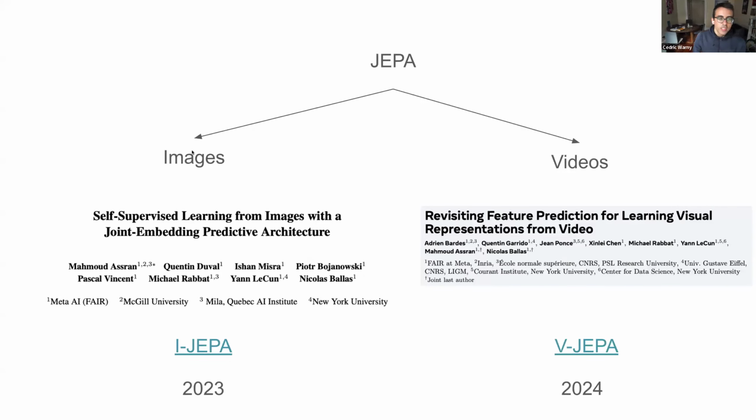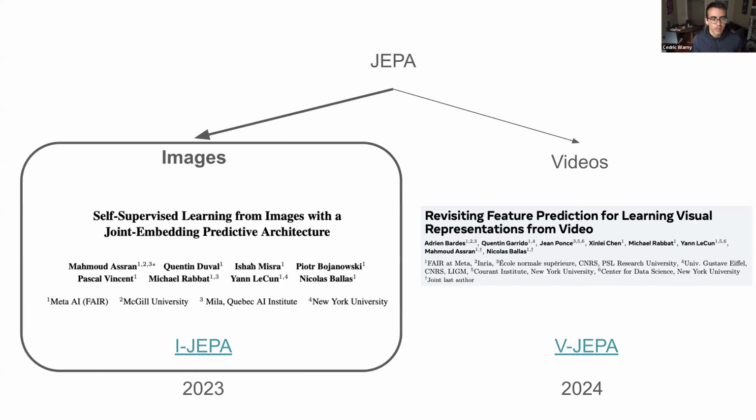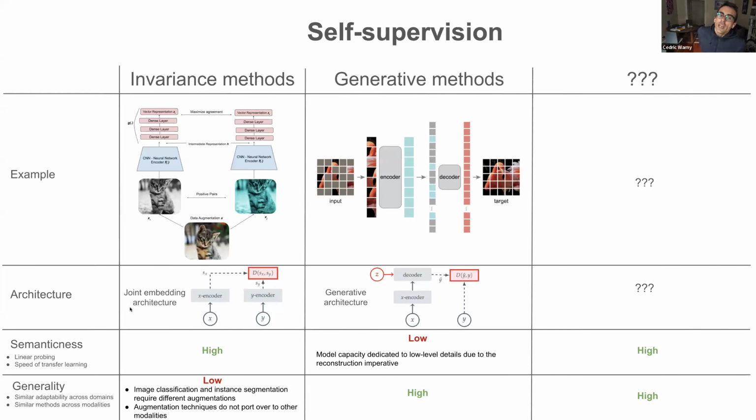The first one is about self-supervised learning on images. And the second one is applying the same idea, the same architecture, but to videos. And this is mostly from work from the FAIR group at Meta. All right, so I'll first go over the I-JEPA paper. So the paper starts by